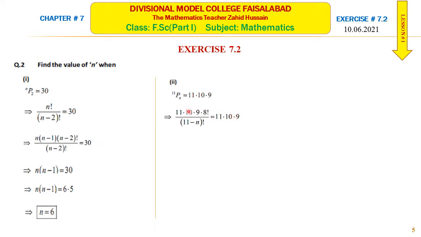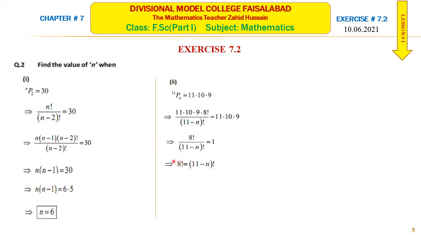So this 11, 10 and 9 will be cancelled with each other, and we will get 8 factorial over (11 minus n) factorial is equal to 1. Cross multiplying, we get 8 factorial is equal to (11 minus n) factorial. Because this is an equation,